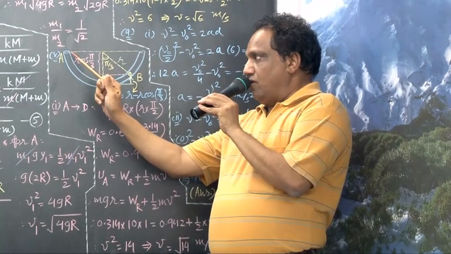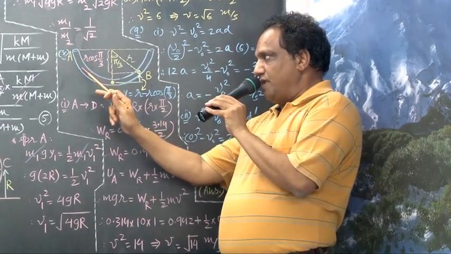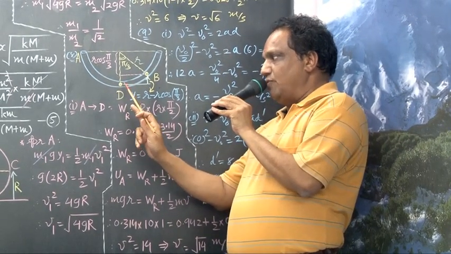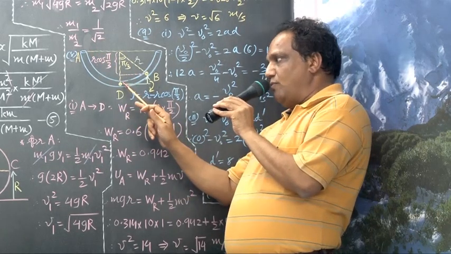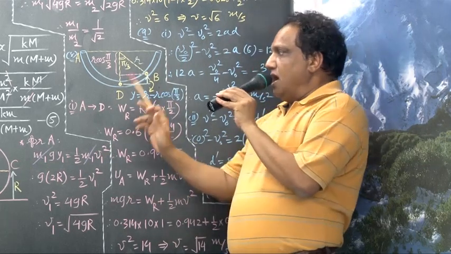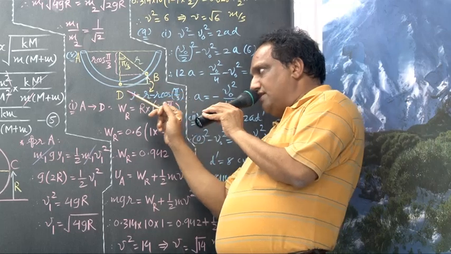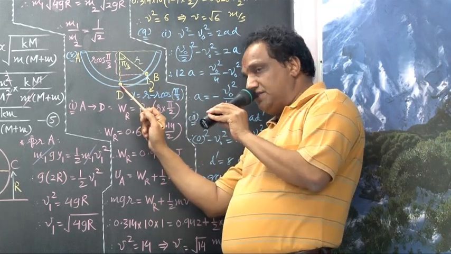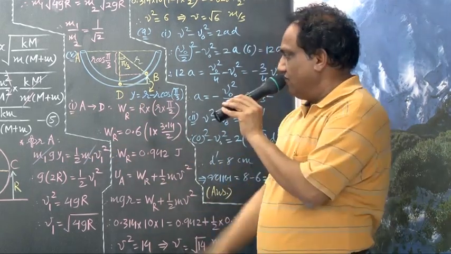While moving from A to B, the sphere was passing through this lowest point. Lowest point is point D. When it is going from A to B, while passing through point D, what is the velocity? We have to find out. Again, after reaching point B, it moves towards A this way and again passes through this lowest point. Again we have to find out the velocity, both the times. Let us find out one by one.